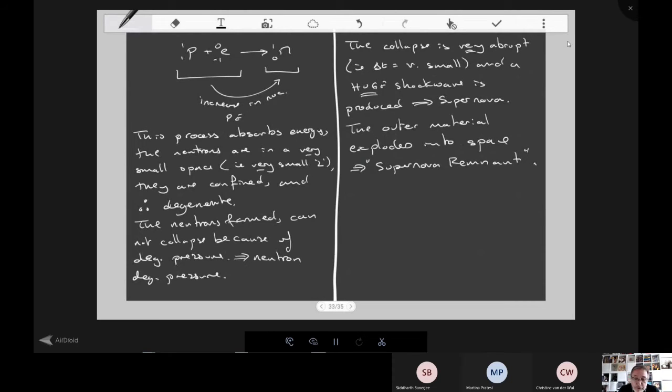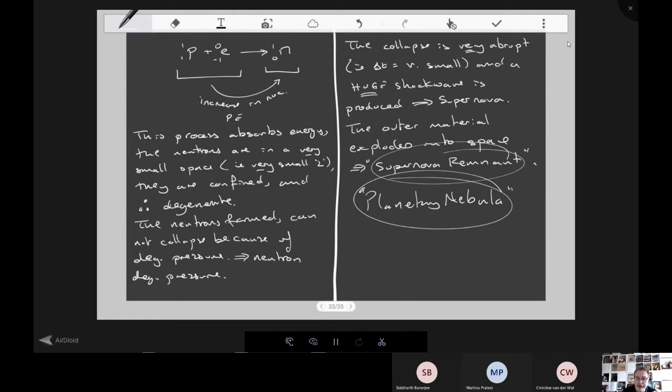Type in Google supernova remnant and just click on the images, because the images look like a serious explosion has occurred. But if you look up planetary nebula, so look up those two things, that and that,